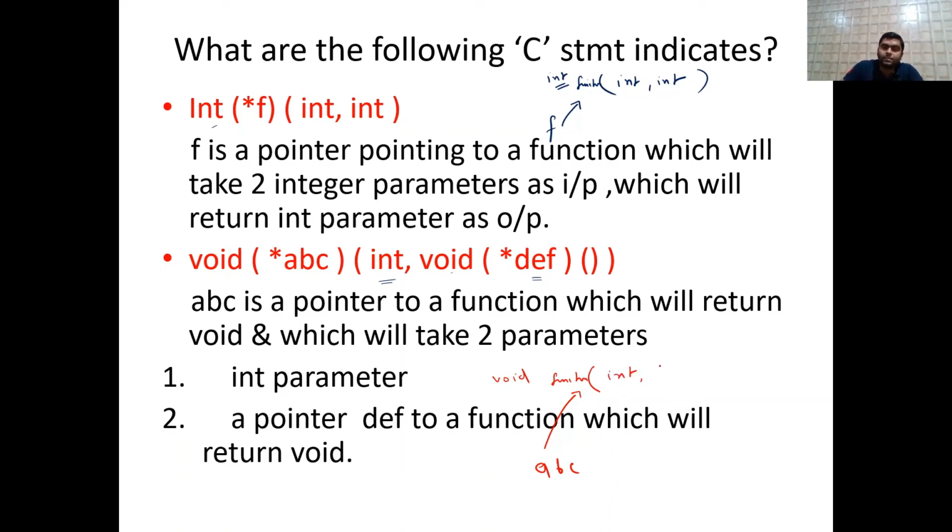First parameter is integer and second parameter is again a pointer def which is pointing to a different function. So this def will point to a different function, function number 2, and this is function number 1, and which will take nothing and return what? Void as output. So this is our abc.